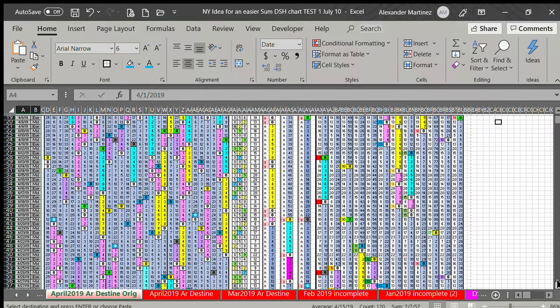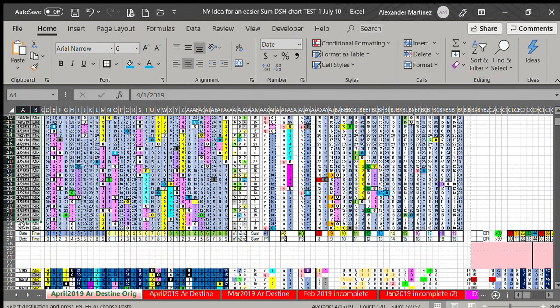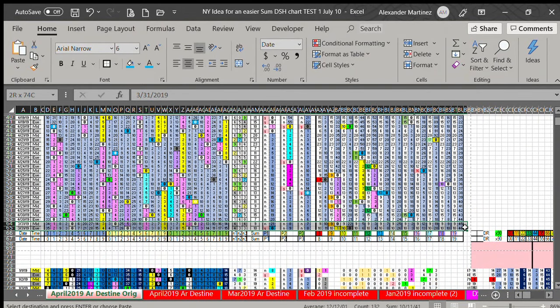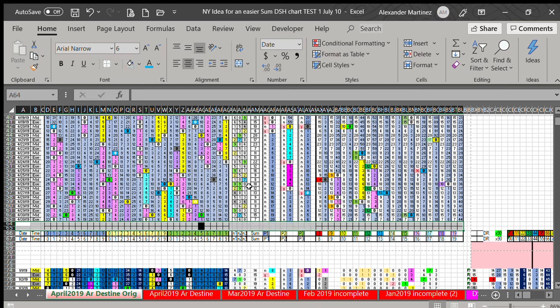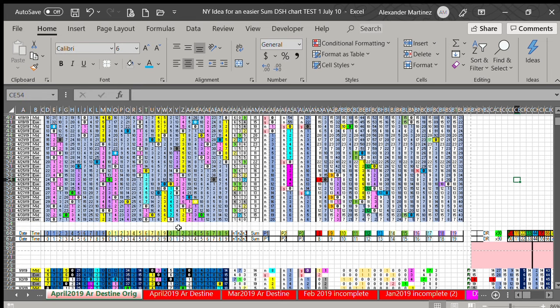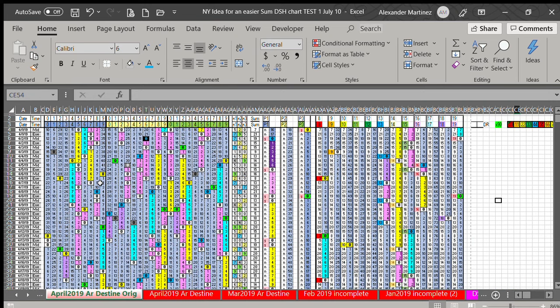Then I just have to modify because here there's no 31. So I'll clear these contents. I'll remove the formatting, no border, and I'll do no fill. Okay, and it should do no border, but it's not for some reason. So I'll just copy these cells and I'll just drag it over. And there, now you have no fill there. And then the next thing I do is bring over